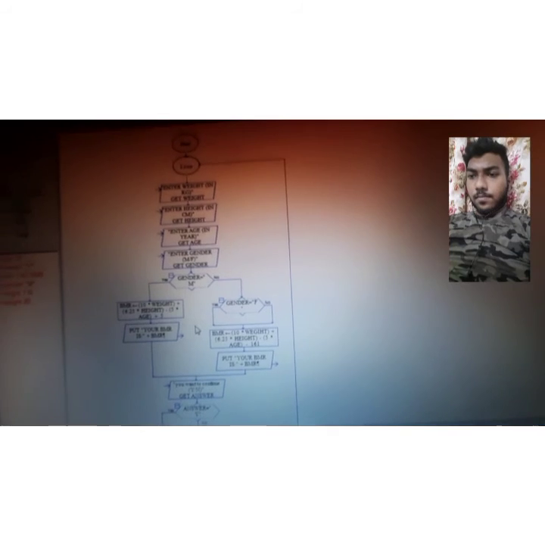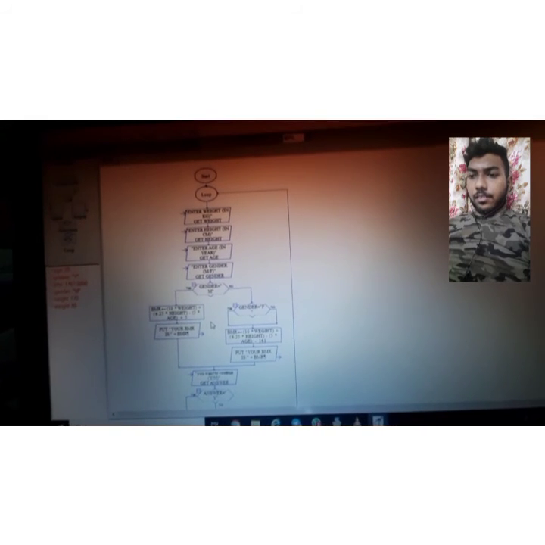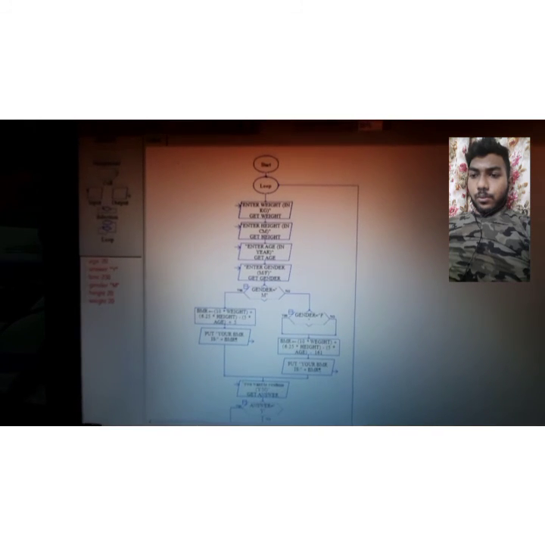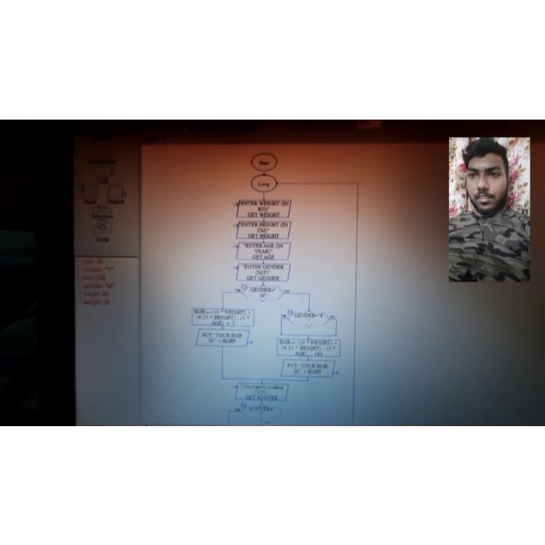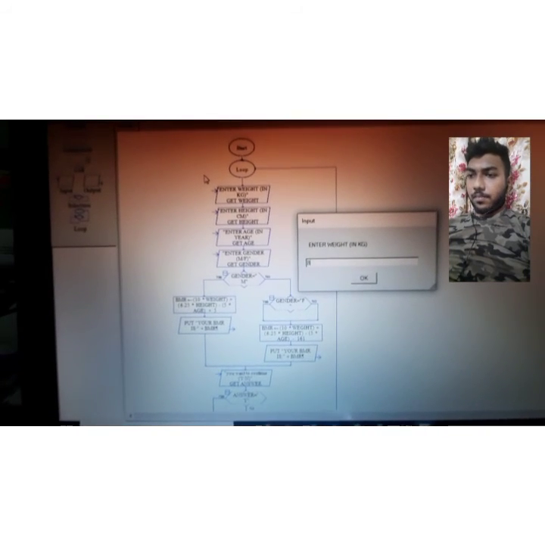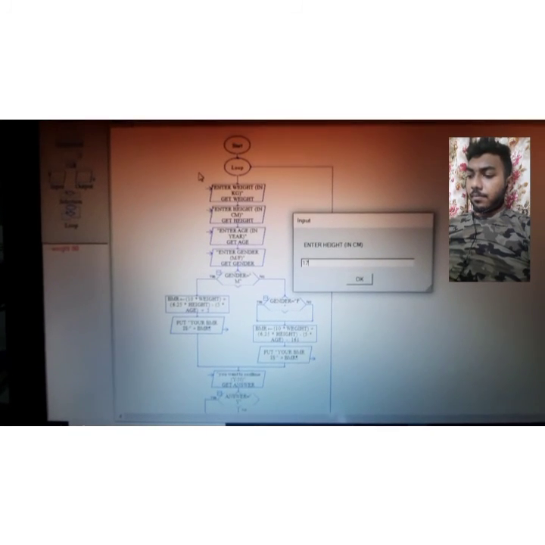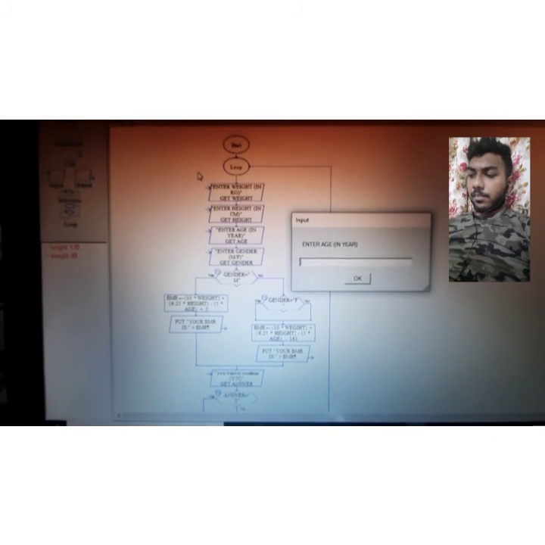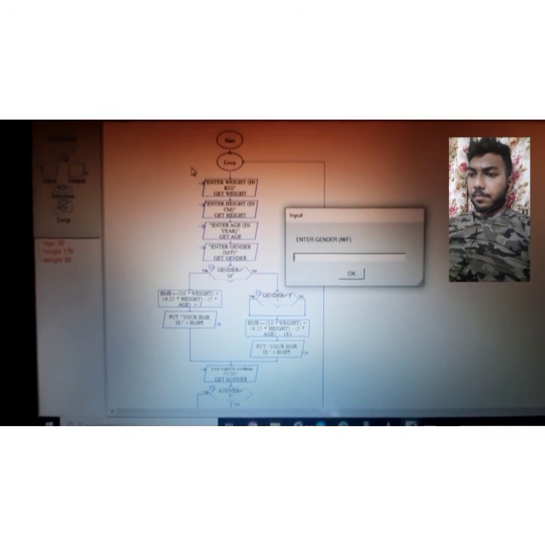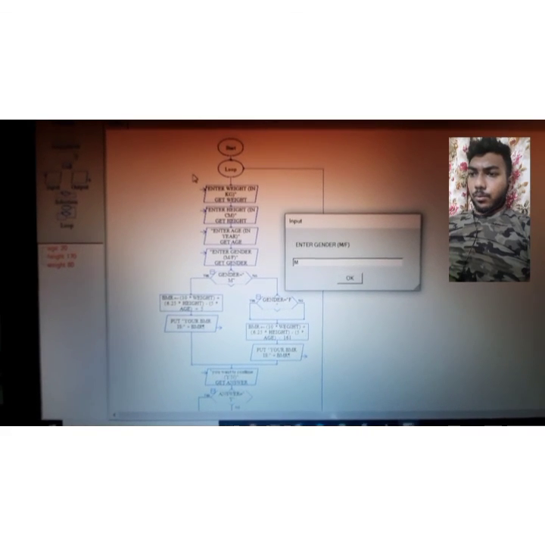And then at the end, you are asked if you want to continue or not, and you have the answer also. The answer is Y. Now we are going to run the Raptor. Enter weight: for example, I put my weight 80. Enter height 170, and then my age 20, gender male M. Then I put Y to continue.